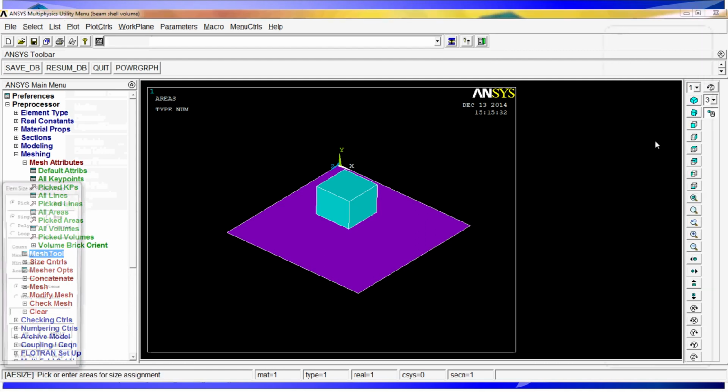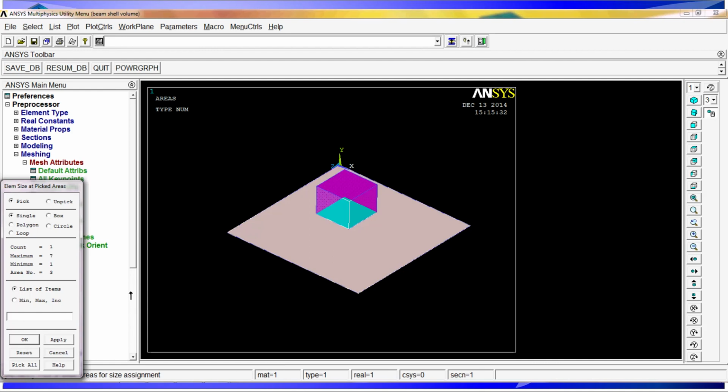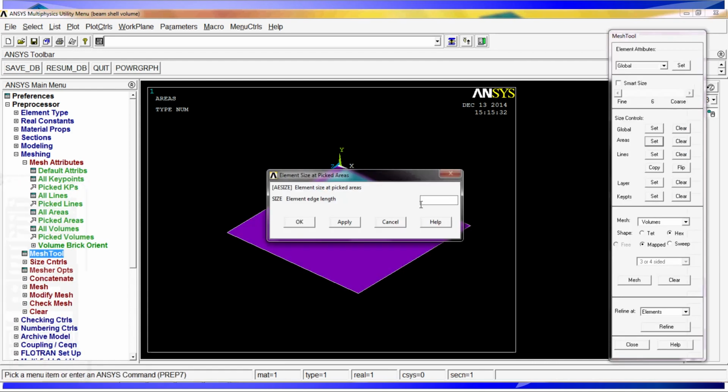For this area we're going to select again a size of, let's see, 0.15, so it's a bit bigger element, because if we make it too big, there's going to be some very big discrepancies. So let's do 0.2, and I'll show you what happens. Okay, we're going to hit OK,